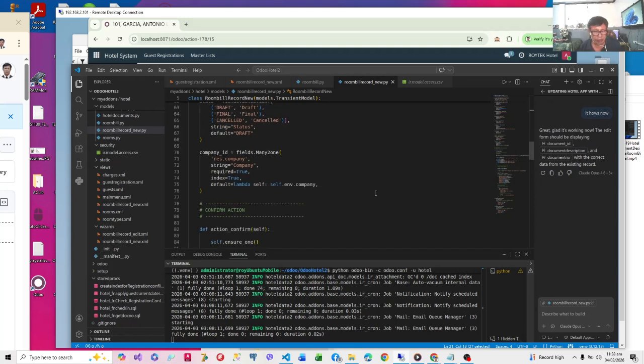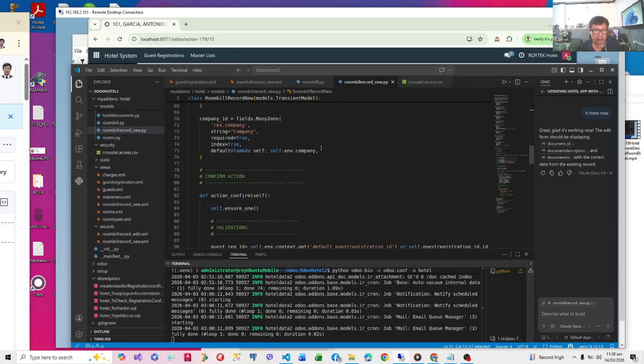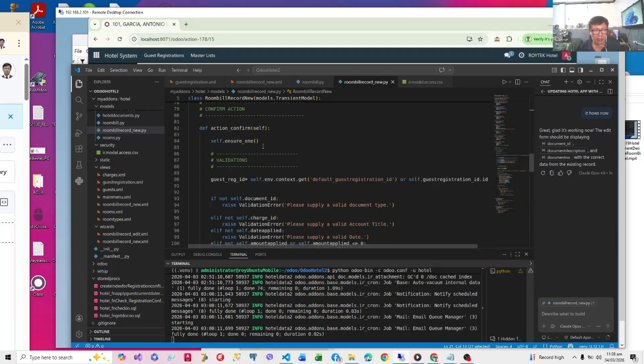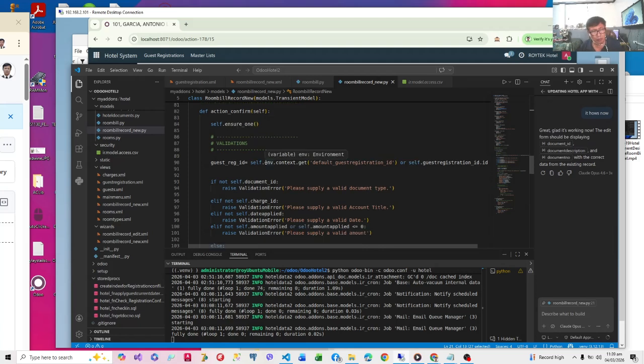Now I have one action. This is the action that is called when the user clicks save in the wizard. The wizard is the form that will ask for values from this transient model. So we have self.ensure_one because we know that Python will return a list, so ensure_one will convert the list into one record. The wizard will be stored in a different XML or a different view.